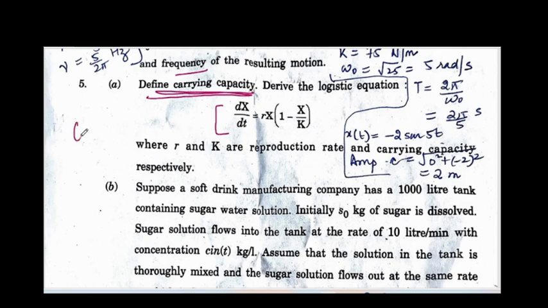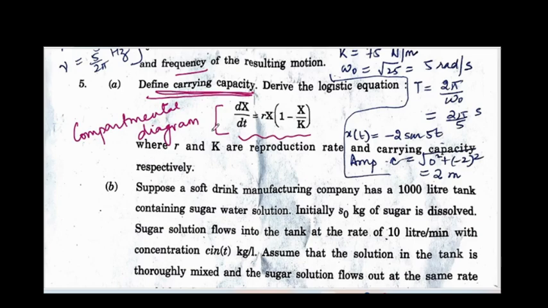So when you derive, you'll have to start with the compartmental diagram, and you'll have to write your assumptions on the basis of which you build up your logistic equation, because you take natural births, and then you take natural deaths, and you take deaths due to overcrowding into account. That means deaths due to fight for resources into account. That leads up to this logistic equation. So you were to explain all this.